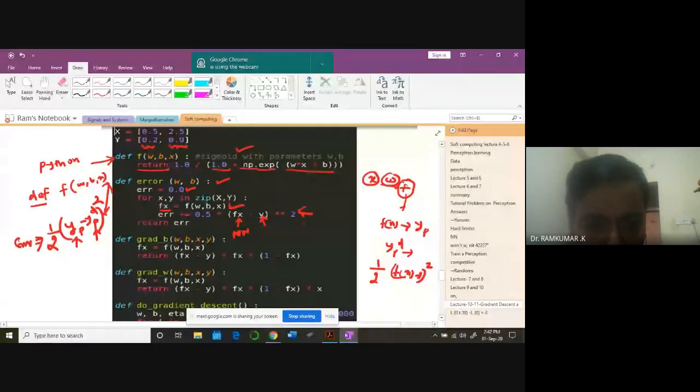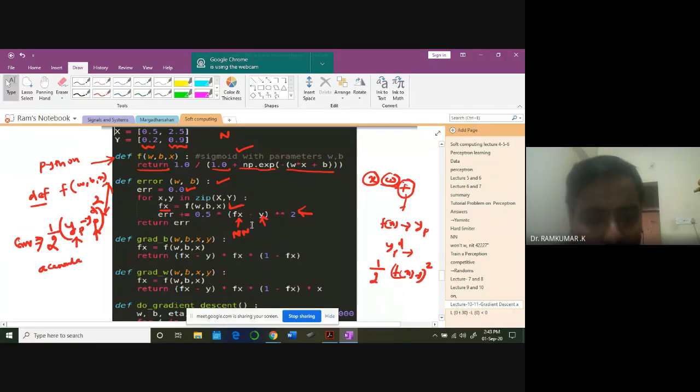Yeah, for every value of x and y you are going to do that. For every value of label data, you are going to compute this error. And then you simply add up all the errors. When you put plus equal to here, whatever error you get in every iteration, you are going to add it up. That's accumulation. It's an accumulator. So if I have n data, for all the n data, for the initial set of weights and bias, you compute here. Is it clear?